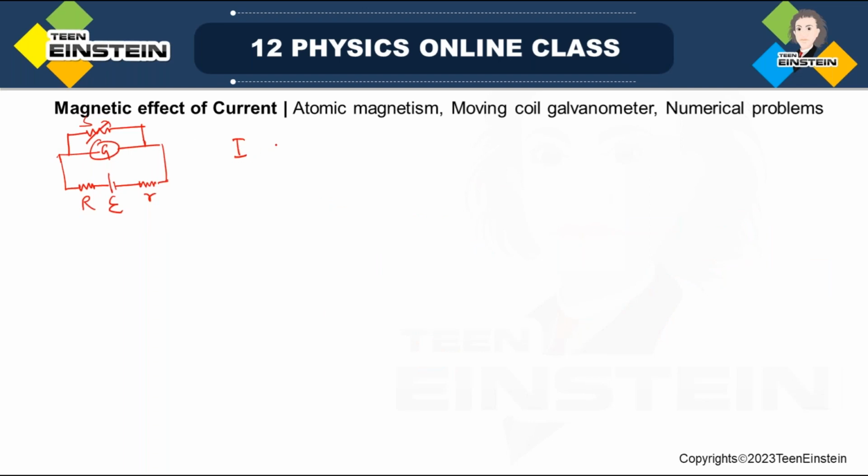The circuit current will be I is equal to, if I just take this combination as a single resistor, then EMF divided by R plus small r plus the resistance of this combination of S and G, so G into S divided by G plus S, right? So this is actually the current in the circuit. Now I have two observations, and two times I'll put the values. According to the question,